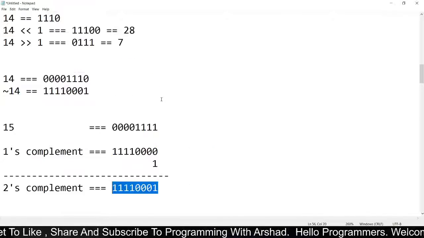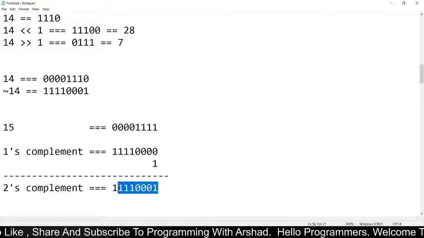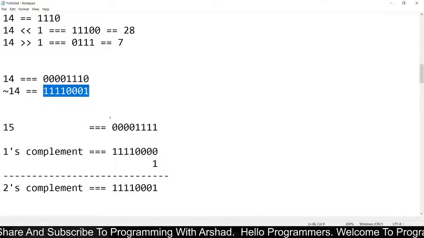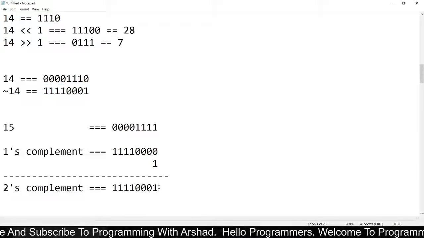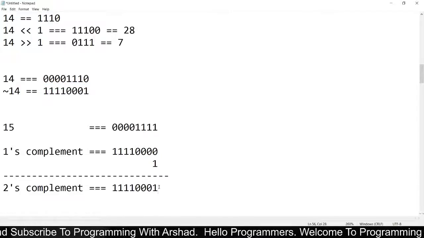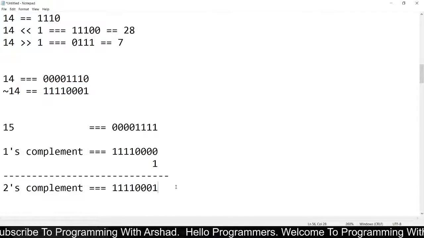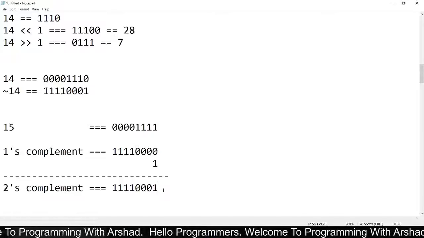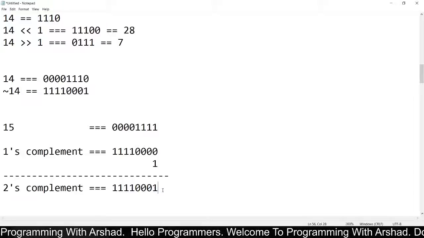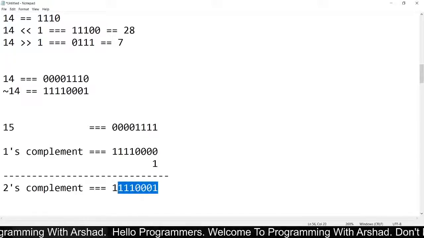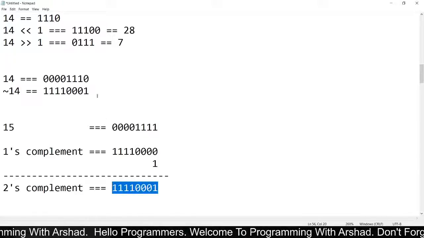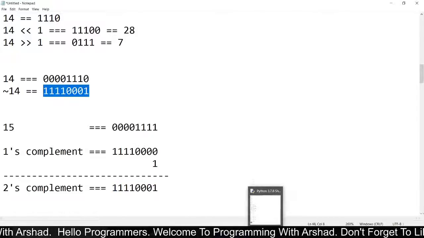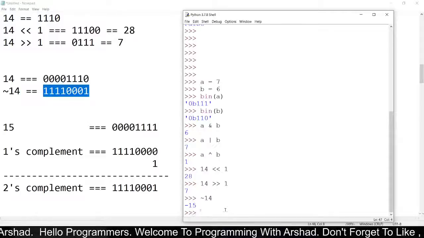Now if we look here, this answer is similar to the answer which we got as not 14. Here you can see that the 2's complement of 15 is equal to not 14. Now you can try this for more numbers.